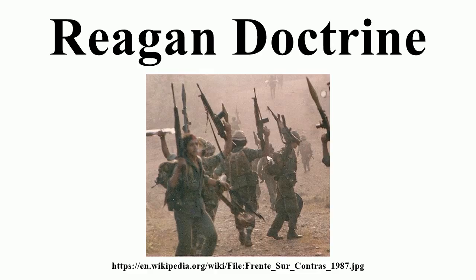aid to UNITA. Following these victories, Johns and the Heritage Foundation urged further expanding the Reagan Doctrine to Ethiopia, where they argued that the Ethiopian famine was a product of the military and agricultural policies of Ethiopia's Soviet-supported Mengistu Haile Mariam government. Johns and Heritage also argued that Mengistu's decision to permit a Soviet naval and air presence on the Red Sea ports of Eritrea represented a strategic challenge to U.S. security interests in the Middle East and North Africa.